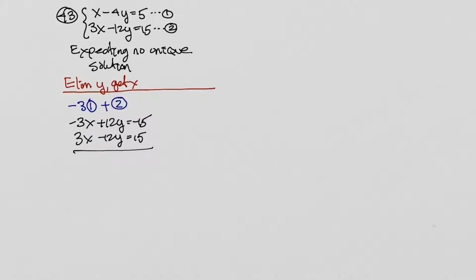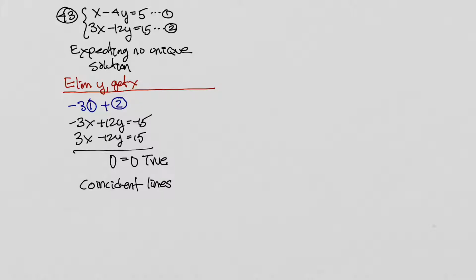And when we add these together, the x's are gone, the y's are gone, and the constants are gone. So we end up here with 0 equals 0, which is a true statement. So we've eliminated all the variables and we're left with a true statement. So what that tells us is that we have coincident lines,